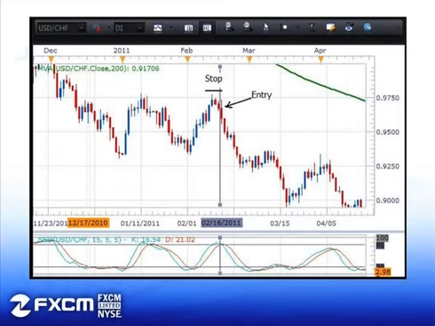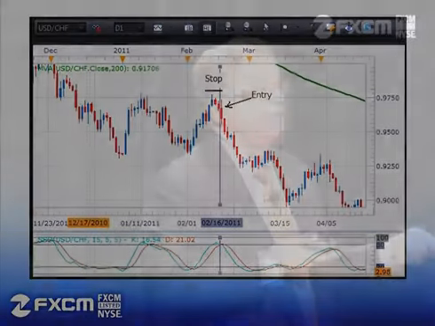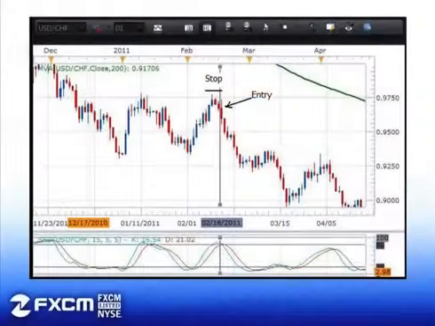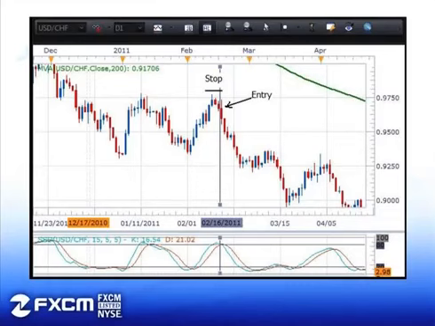If it doesn't get stopped and I get taken out of the trade at that level, I'm glad I got taken out of the trade, because perhaps sentiment in the market has changed and the pair could continue, price action could continue quite a bit higher. So I would accept getting taken out at a loss rather than letting the pair move higher and higher and higher and say, oh man, I think it's going to turn around. I hope it's going to turn around at some point. Just get me out of the trade.